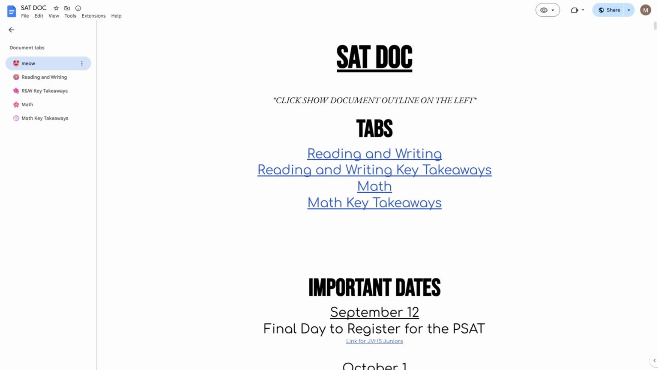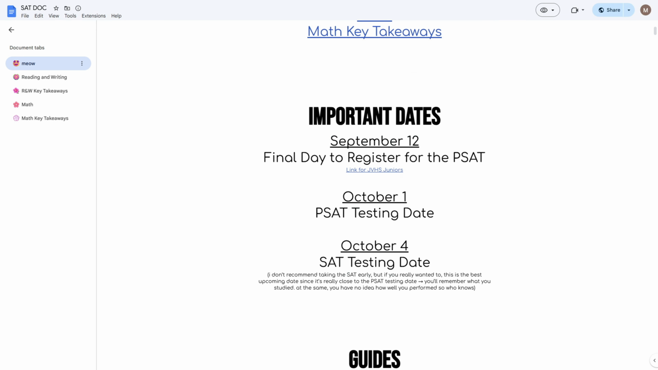Here's how to use the SAT doc. So first, you have the main tab, which also has links to every other tab here. It also has important upcoming dates, so right now, September 12th is the final day to register for the PSAT